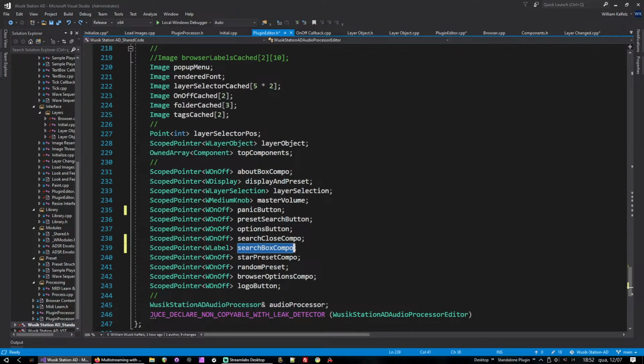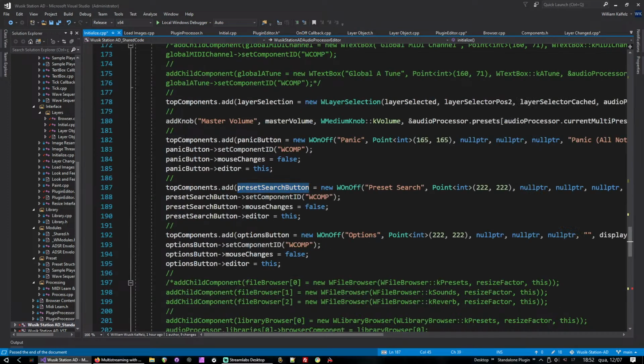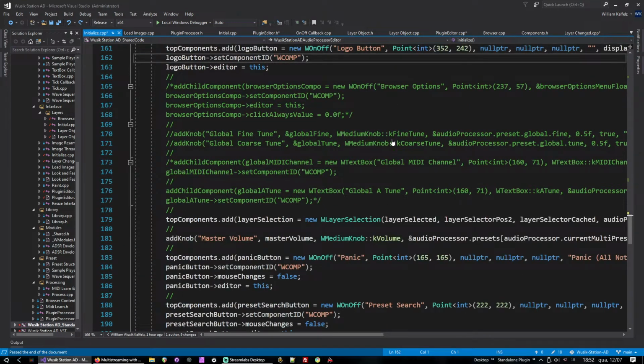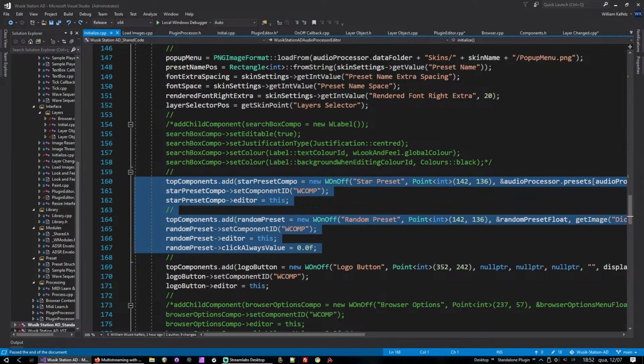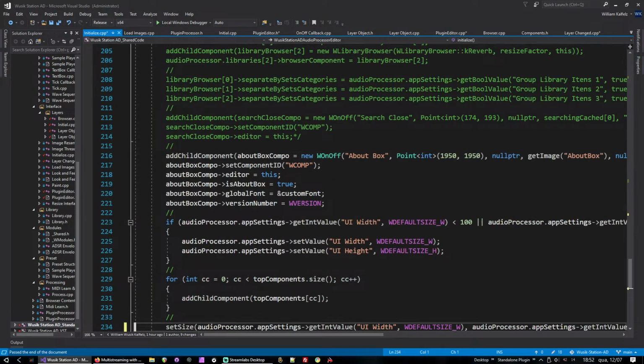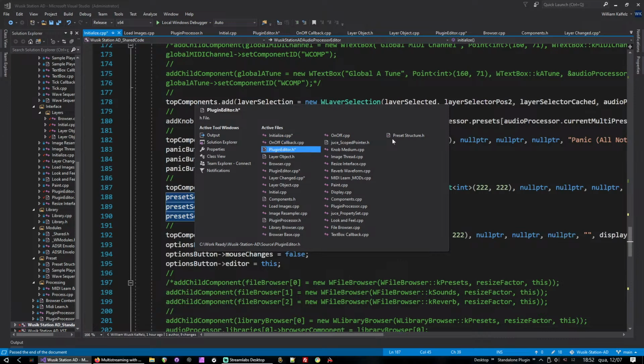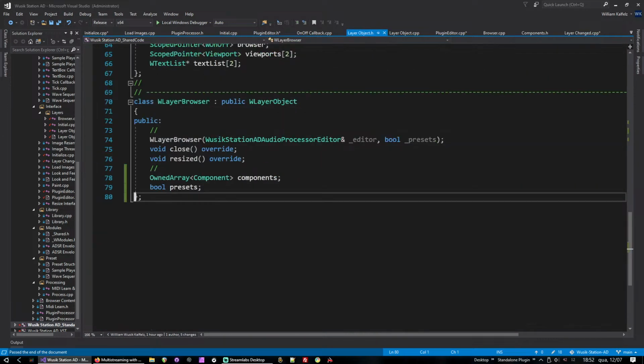Oh, here, preset search button. That's the one I was looking at actually. Let me see what I removed. Start preset components, run on preset, okay. And then the preset search button. I have to add all these there. It's not a big deal, but